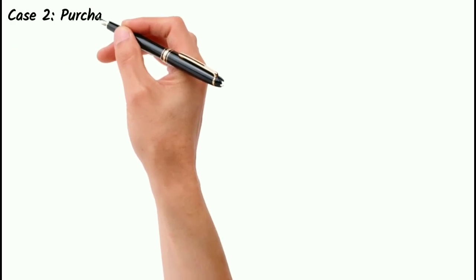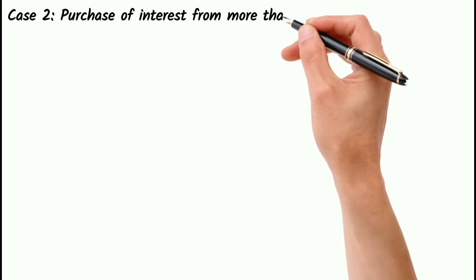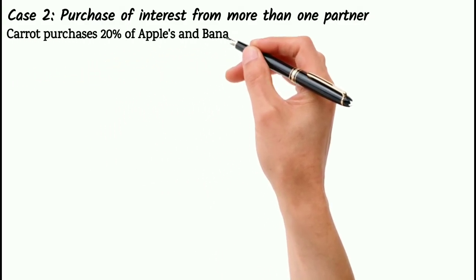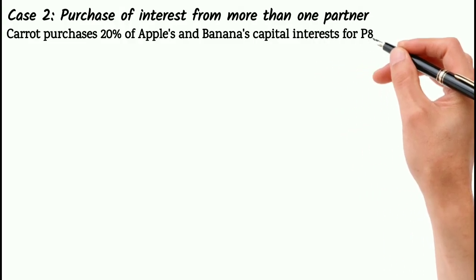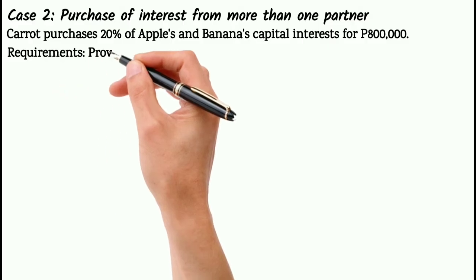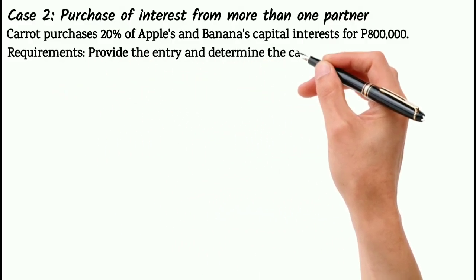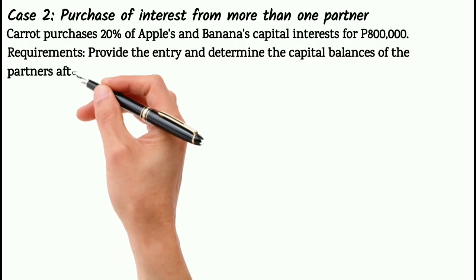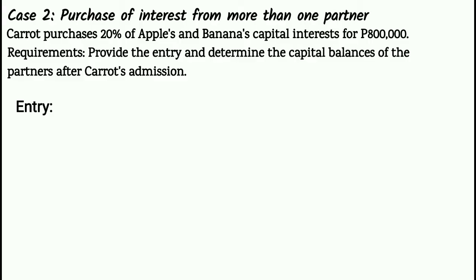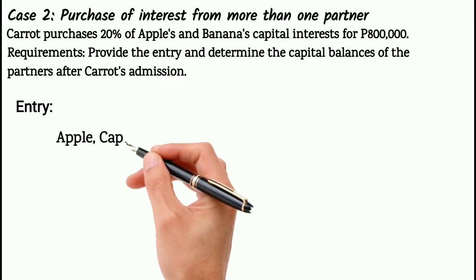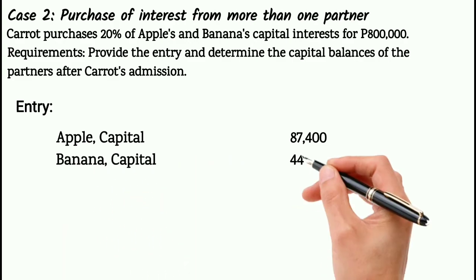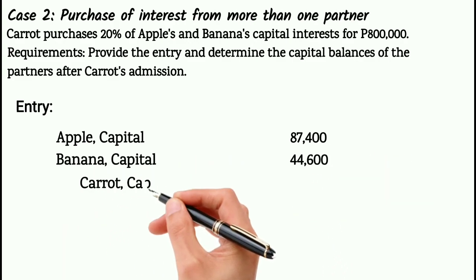Next, case 2, purchase of interest from more than one partner. Carrot purchases 20% of Apple's and Banana's capital interests for 800,000 pesos. In this case, the requirements are to provide the entry and determine the capital balances of the partners after Carrot's admission. The entry is debit Apple capital 87,400, debit Banana capital 44,600, and credit Carrot capital